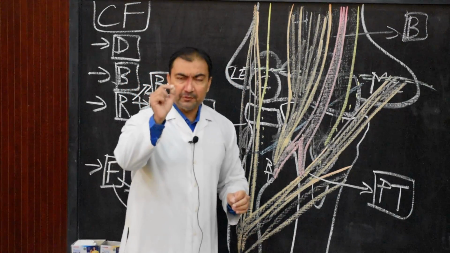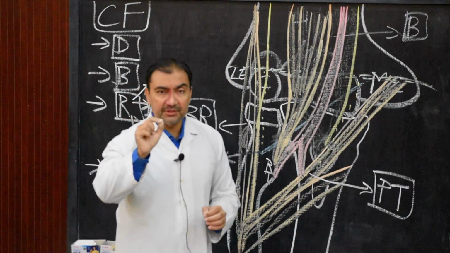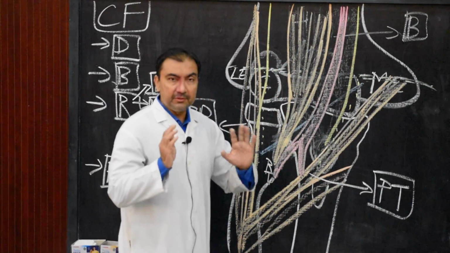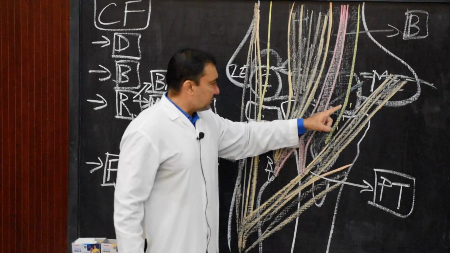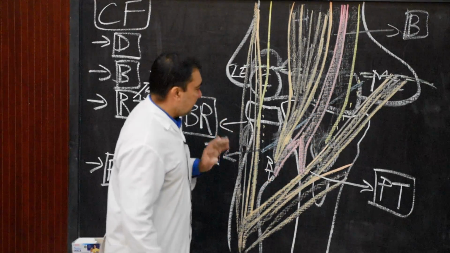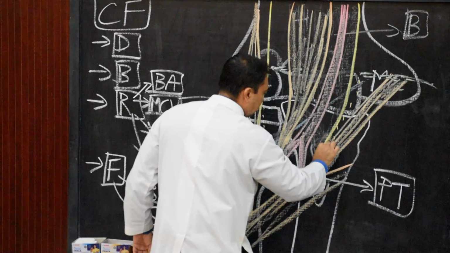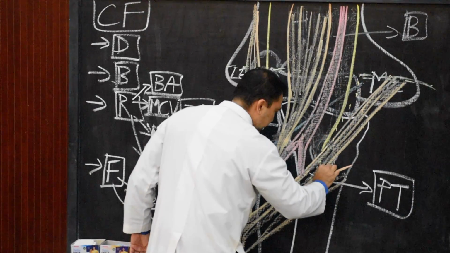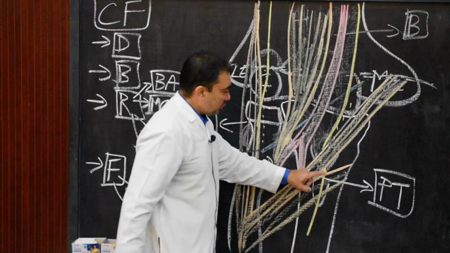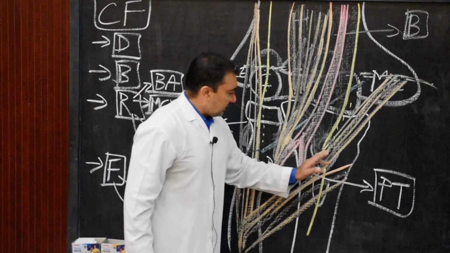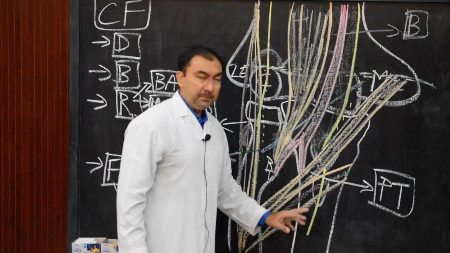Now, a few points of description. They are also asked as MCQ. In this region, particularly in the cubital fossa, when you dissect, the median nerve will travel vertically down. Remember, you will see in dissection that it will always pass between the two heads of pronator teres. Between the humeral and ulnar head of pronator teres, the median nerve will pass.